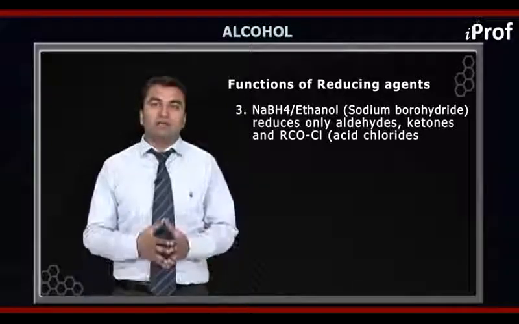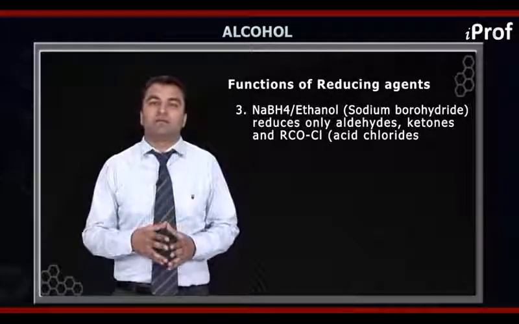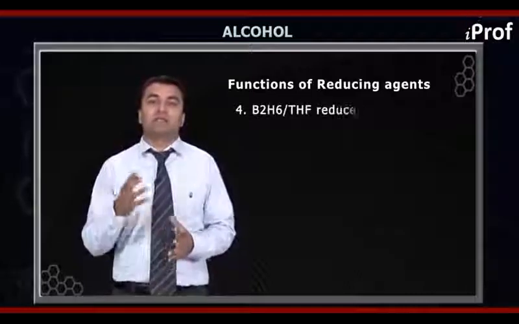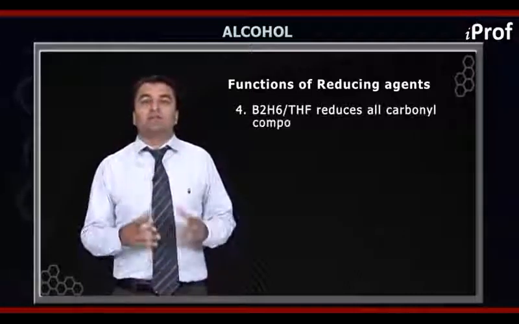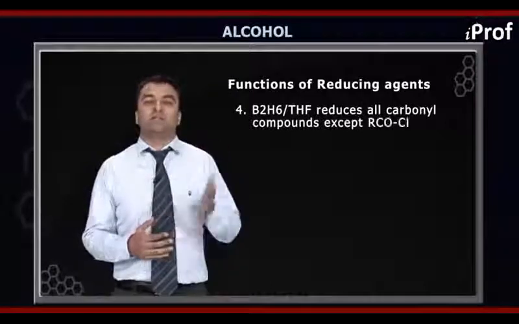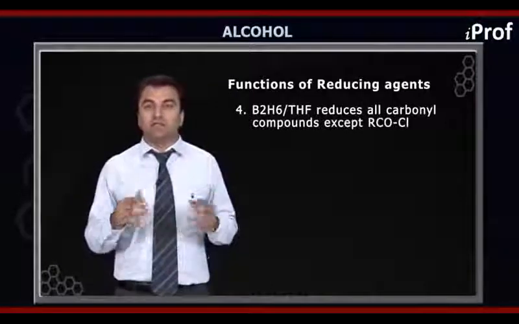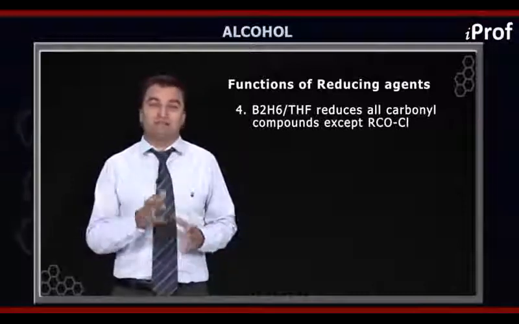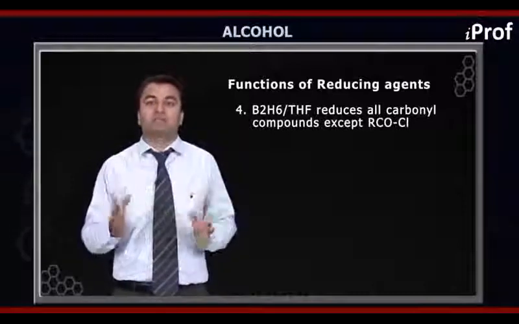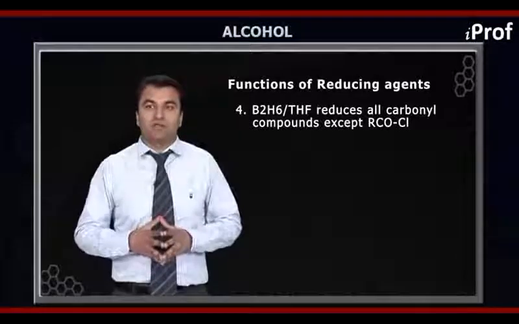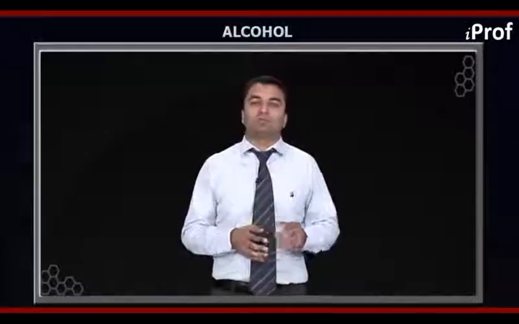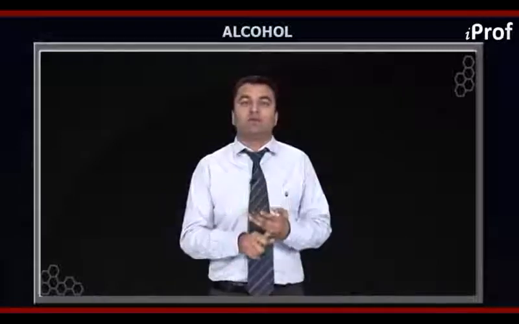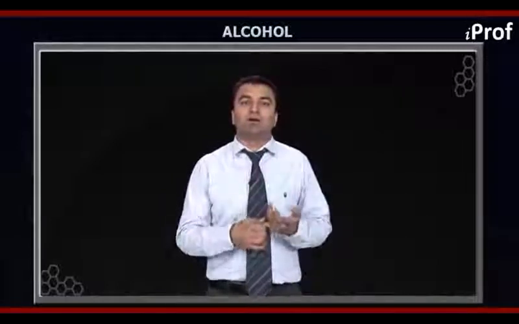Now similarly we have another reducing agent, that is your diborane, B2H6 in the presence of THF. The function of it is that it reduces all the functional groups except RCOCl, that is acid chloride. So now first of all I told you what will be the product of the reduction of different types